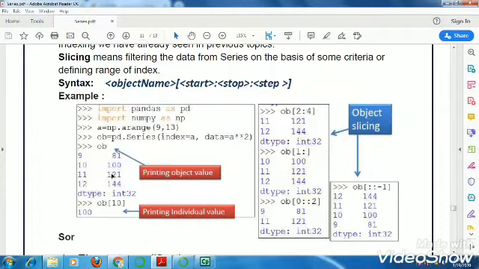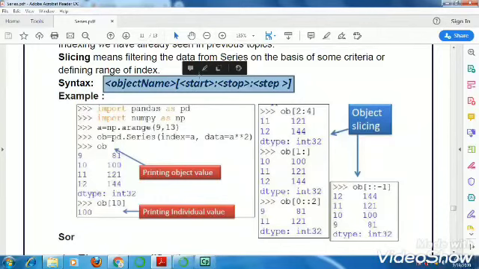You must have remembered your range function. In that we give start value, stop value and step value. Similarly, in case of slicing in series, first we write the name of the series. After that we write the starting index, then colon sign, then a stop index, colon sign and step. Here we can skip all the 3, or any of the 3. So it depends.